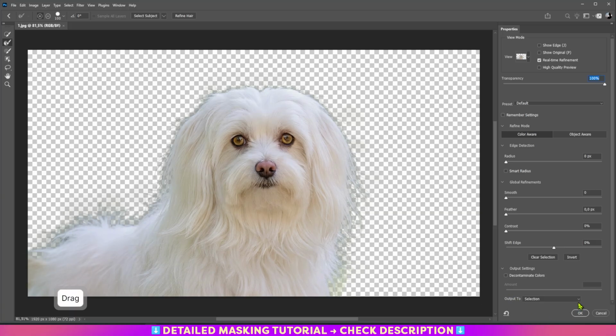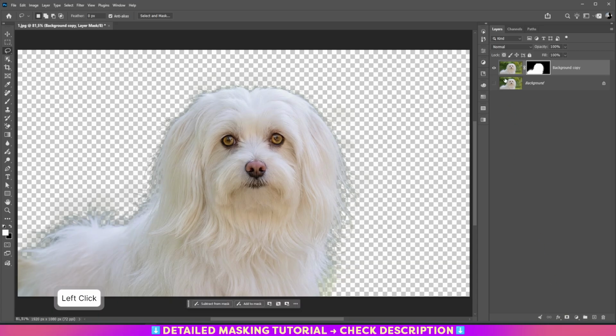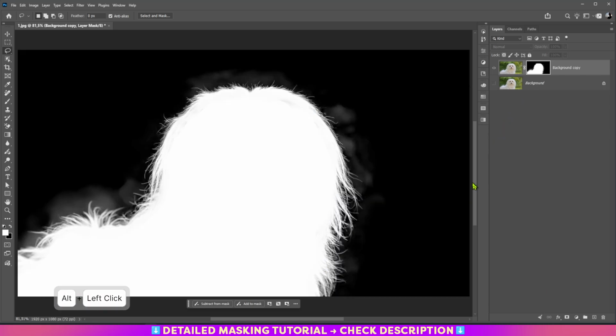Okay, and here output setting, output to layer with mask, so it will create a new layer and masking for you. See, now press Alt and click the thumbnail of the masking. If you see the masking is not perfect, so I use brush